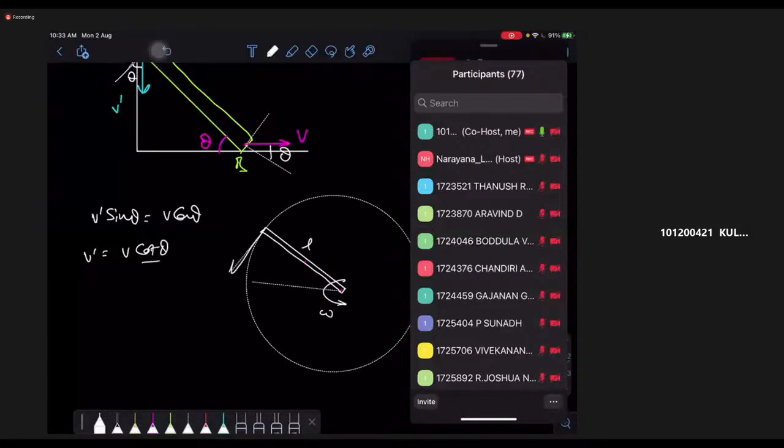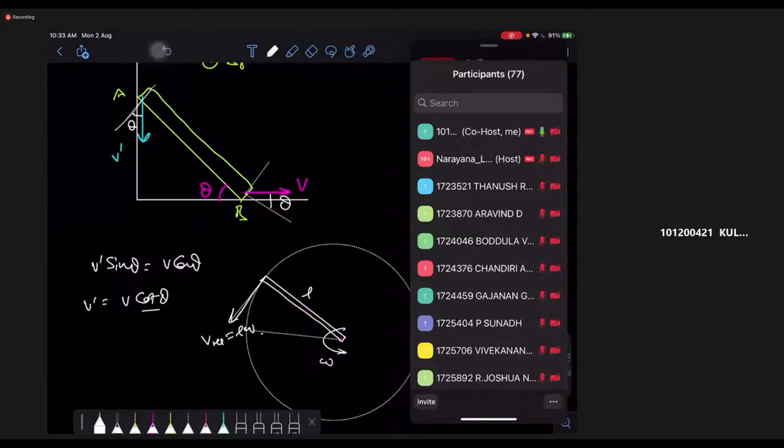So I get here this is my velocity, and that is a relative velocity that equals L omega. Now, if I write the relative velocity of A,